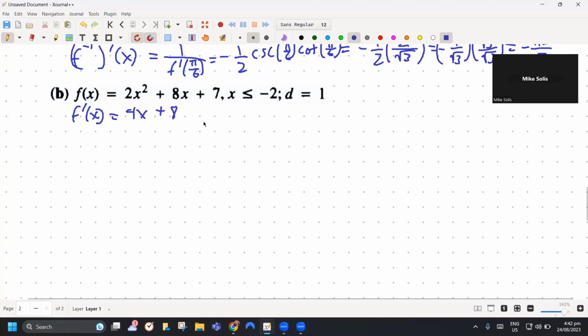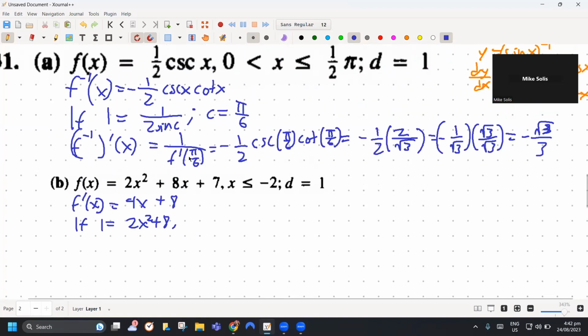Wait. Okay, 2c squared plus 8c plus 7. So, c equals